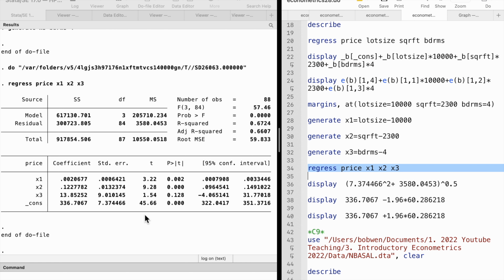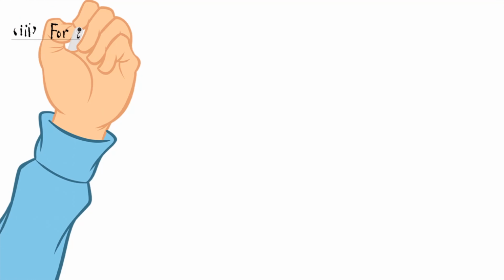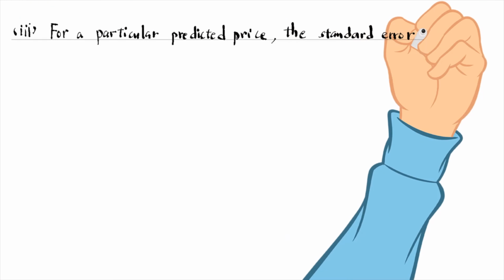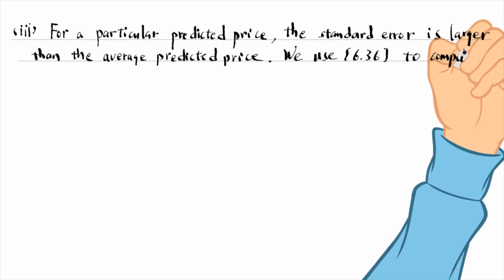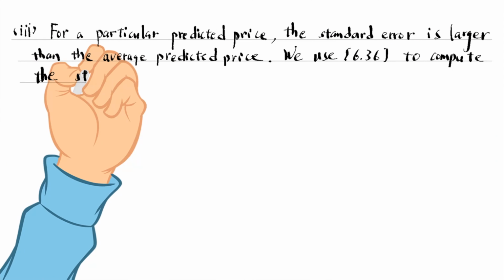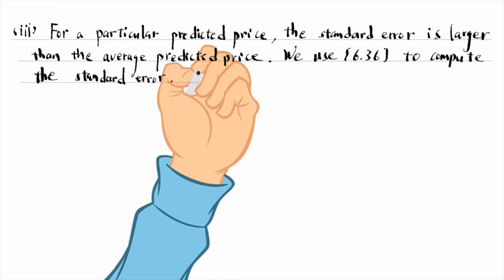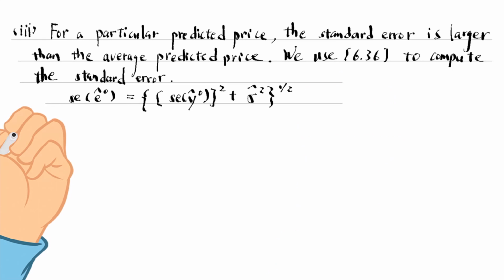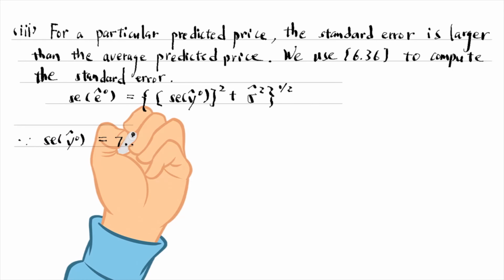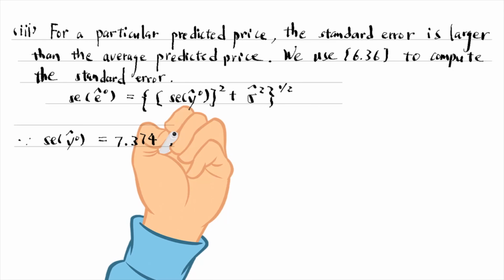We compute the confidence interval for a particular predicted price in the third part. It is wider than the confidence interval for the average predicted price. We use equation 6.36 in the textbook to calculate the standard error of the particular estimate. We can find the standard error of the average estimate from the Stata result window,